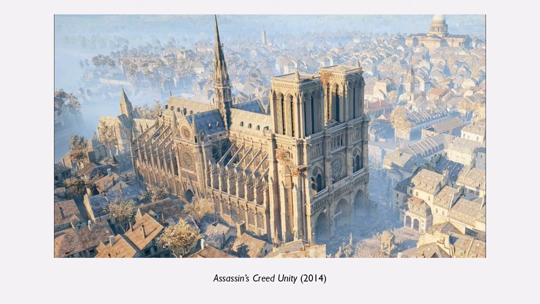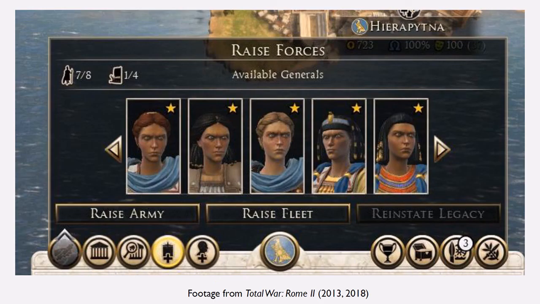Significantly, this difficulty people have with reconciling what they believe to be historically accurate and what actually is historically accurate seems to be particularly common with regard to the role of women in historical games. A case in point is the recent furore over the inclusion of female generals in Total War: Rome 2, which led to the game being review bombed on Steam.